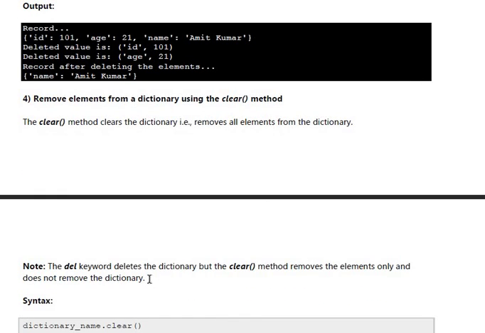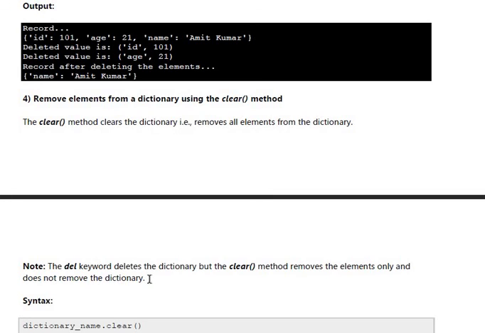Now if we want to remove all the elements from the dictionary, what will I do? We can use the clear method and we can also use the del keyword. Then what is the difference between the delete and the clear methods?